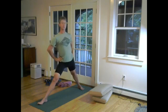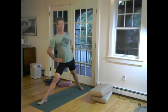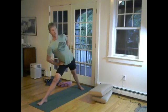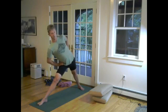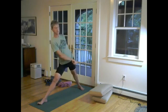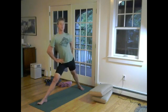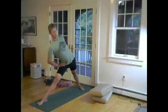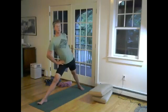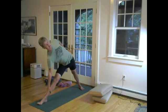Inhale, come up. And then start to lean that right shoulder forward. So as we come into triangle pose, I want you to pay attention to the back or the left hip. And I want you to feel like you can corkscrew that sitting bone down toward the back foot, the back heel. So like it's spiraling, corkscrewing down into that heel. From that action of the corkscrew of the back hip joint, and I have my left thumb right on that left SI joint, I can come deeper into the pose. I anchor that SI and that pelvic root, so to speak, the sit bone, pushing toward the heel, and that